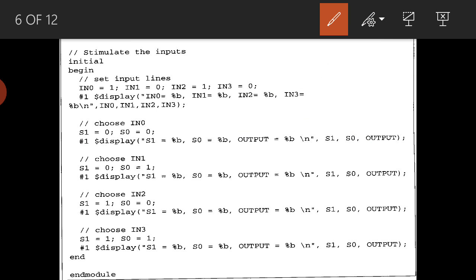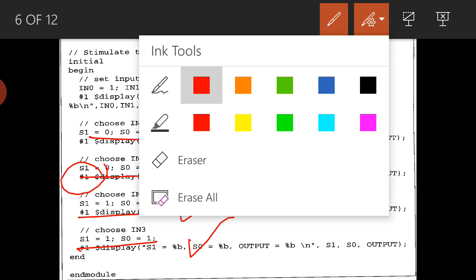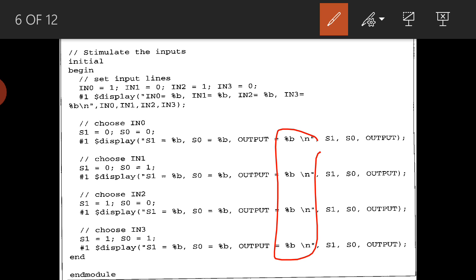So similarly, next, choose in0. How to choose in0? By selecting S0 and S1 as 0 0. Next, choose in1, how to choose? By giving 0 1 value. How to choose in2? By giving S1 S0 as 1 0. How to choose in3? By giving 1 1. So step by step, first I am choosing in0, after that I am giving delay, in1, in2, in3, and I am displaying all the values with respect to each one